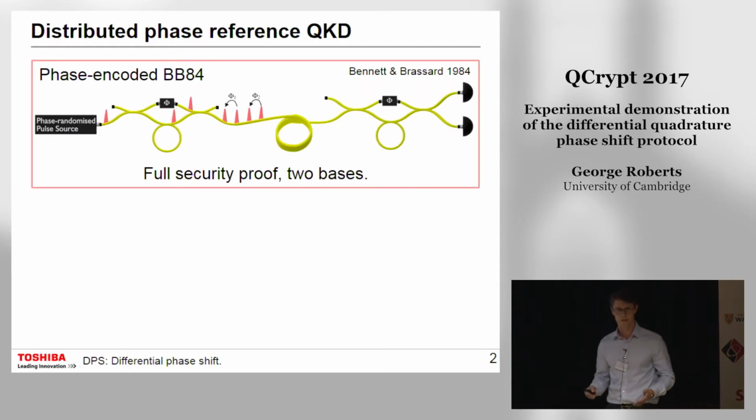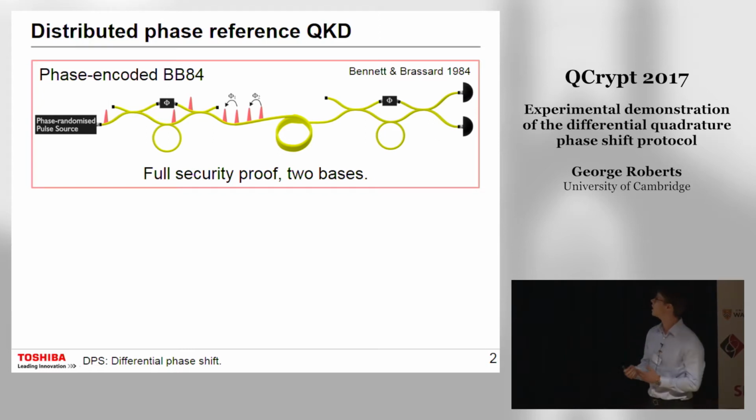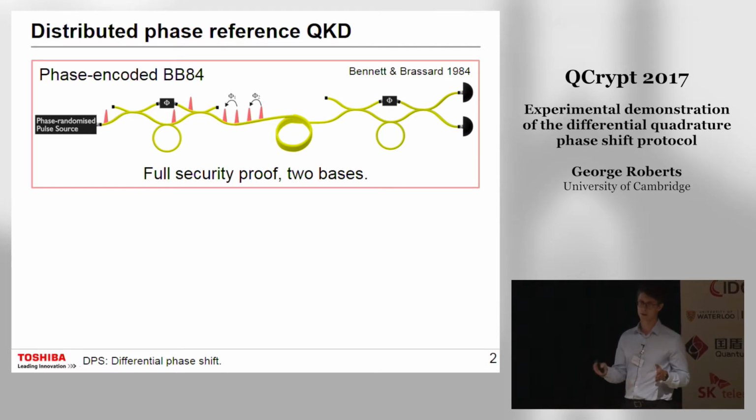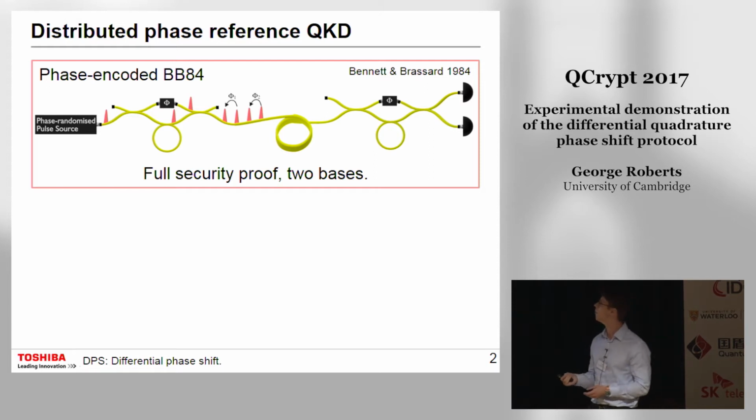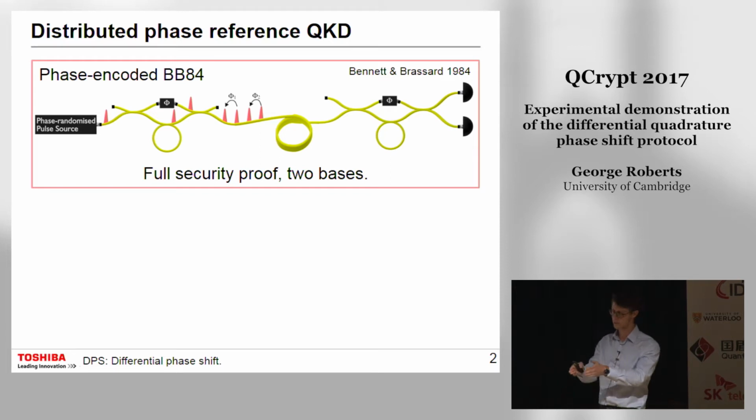So let's start off with phase-encoded BB84, a protocol that's still very commonly adopted to this day. We use phase encoding through an optical fiber because we have the signal and reference traveling together, so with any perturbations to the fiber, both pulses are going to feel them, so there's going to be minimal QBER due to that. In BB84, we have two bases, and so we have a signal and reference pulse in a single basis, and these travel through the fiber together, but these have to have a globally random phase with respect to every other